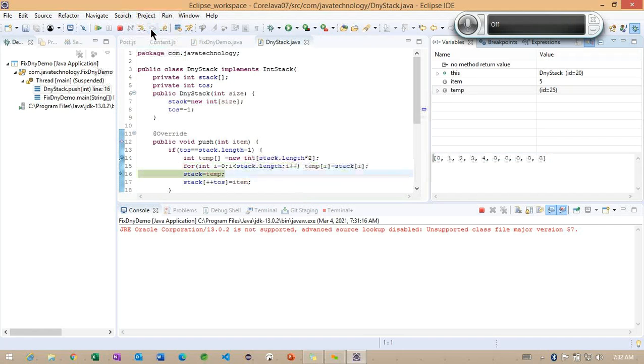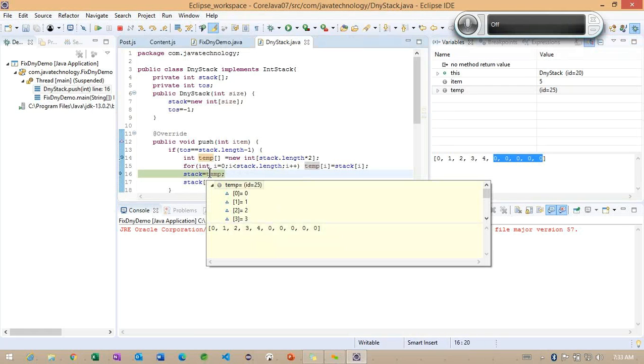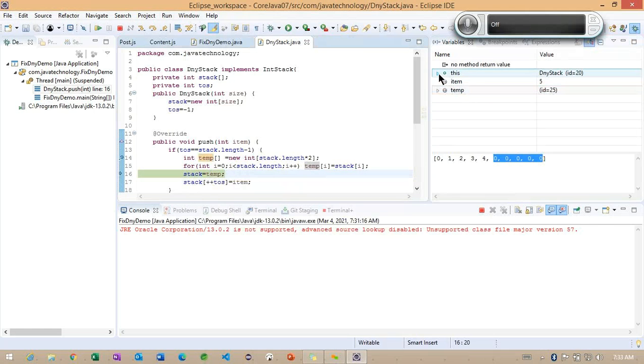But now what I am doing here, if you observe carefully, whatever values we were having previously, we added into the new array. It's not an array list, it's a new array. Getting the point. And we are still having some more elements we can insert. Using this particular temp, I'm assigning this temp into stack.